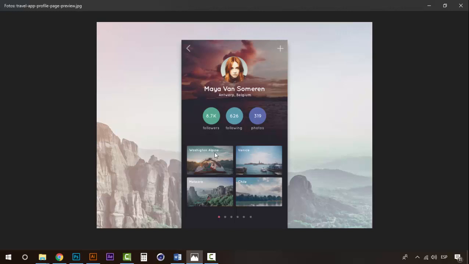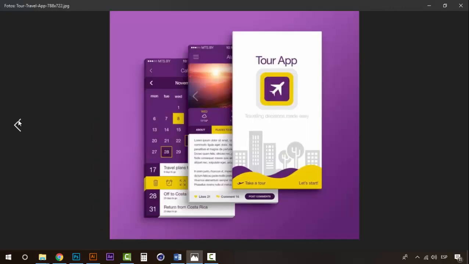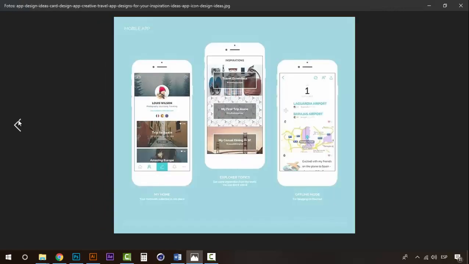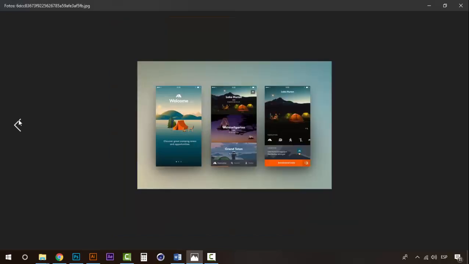And you have this one, which is more like a hiking traveling app, and you can see that you have a profile and the places that you have traveled to. So these are really simple, and what I wanted to show here is that, first, on a travel app, of course, the pictures that you use are really important, because if I want to travel to Germany, I want to see some nice pictures of Germany, because that's the way that the user is going to be called,